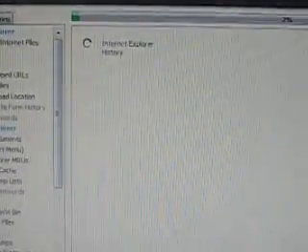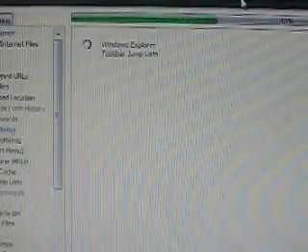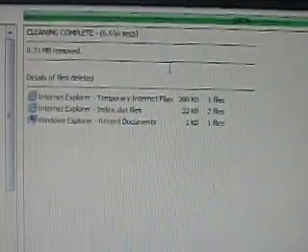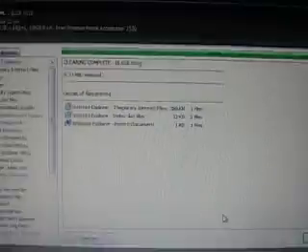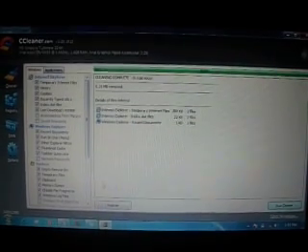Just click Run Cleaner and wait for loading. When it finishes loading, go to Registry and scan for issues.